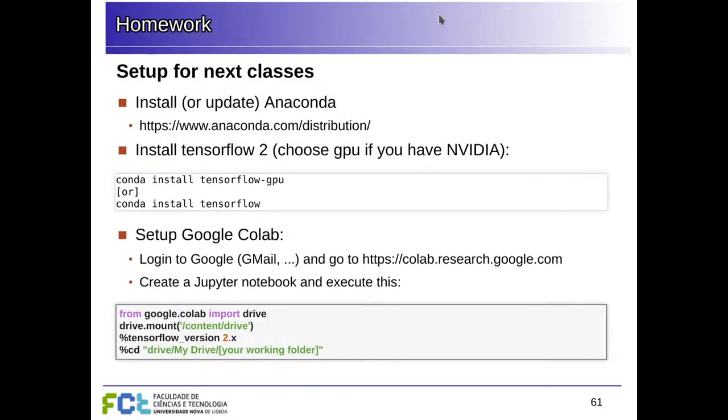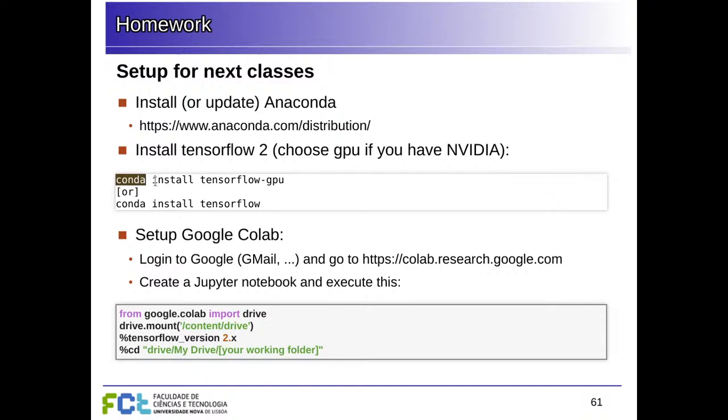For next week, we will not have tutorials today. We still don't have enough subject matter to start practicing, but we'll start the tutorials next week. And by then, I would advise you to already have the system set up so that you can do the exercises. So one thing to do is to use Keras, which is what we used in machine learning. It's the same framework. You can just install TensorFlow 2